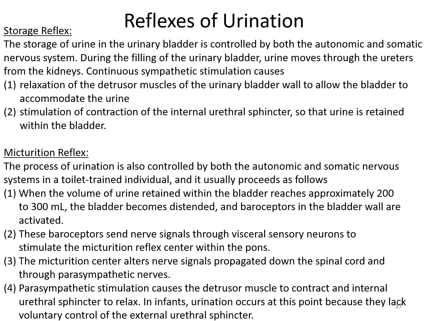So when the volume of the urine retained in the bladder reaches about 200 to 300 milliliters, the bladder starts to become distended, so it starts to stretch. And you have baroreceptors in the bladder that become activated. Baroreceptors become activated as stretching in organs happens. The baroreceptors send nervous signals through the visceral sensory neurons up to stimulate the micturition reflex that happens in the pons in the brain. And then the micturition center sends nerve signals down through the spinal cord, through the parasympathetic